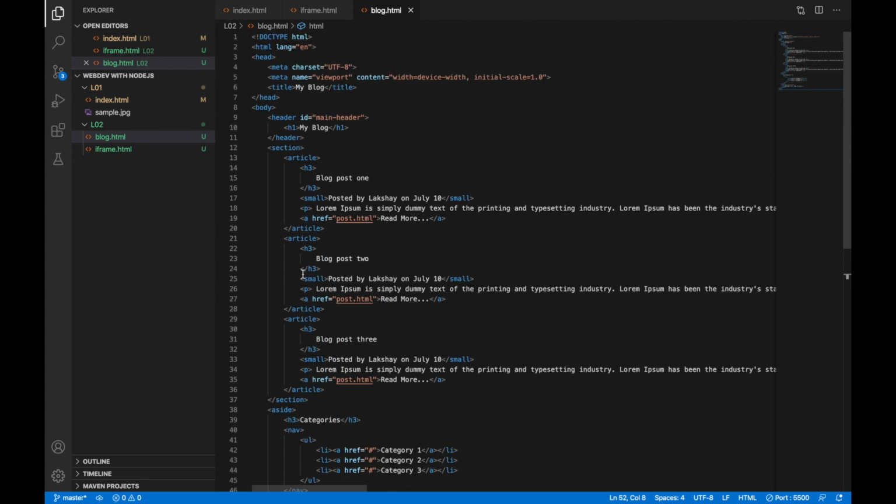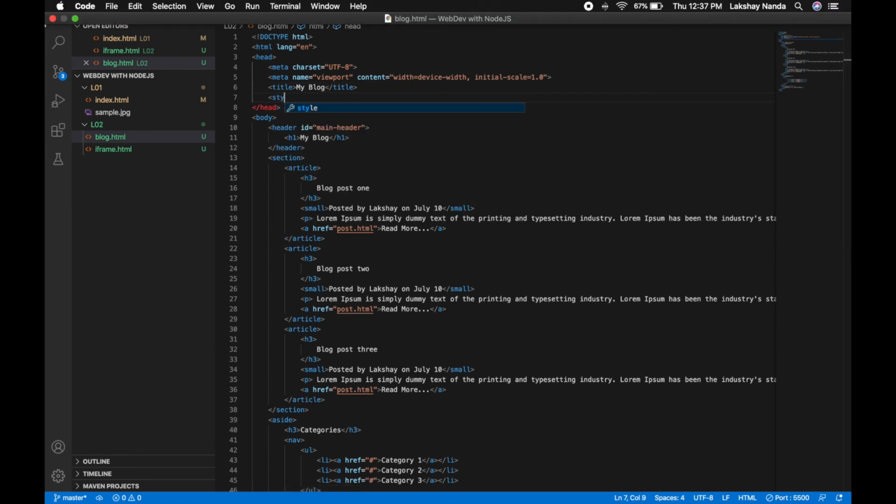In order to beautify this a little, I will be talking about small things that we can use inside of CSS and that we do inside the head tag that we have in our HTML, right? So there's a tag called style. We use that. Type as text slash CSS.